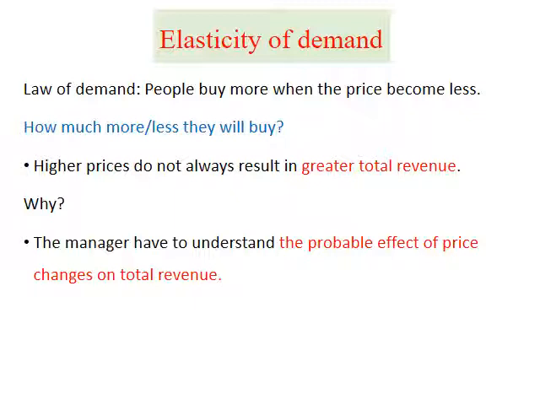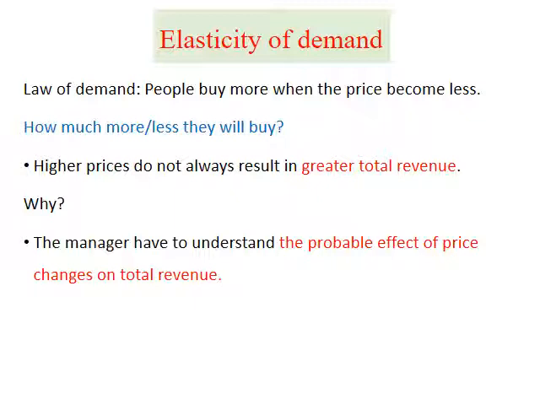The law of demand states that people might buy more when the price becomes less, or there is an inverse relationship between price and quantity demanded, keeping other things constant. Other things means the determinants of demand remain constant in order to establish the law of demand. The law of demand only tells us the direction of the relationship between price and quantity demanded, but it doesn't tell us the strength of the relationship between